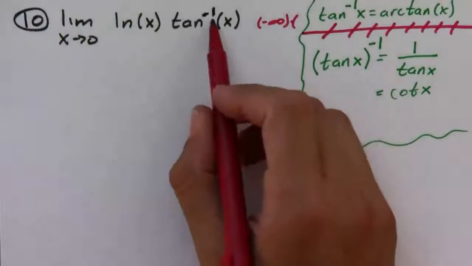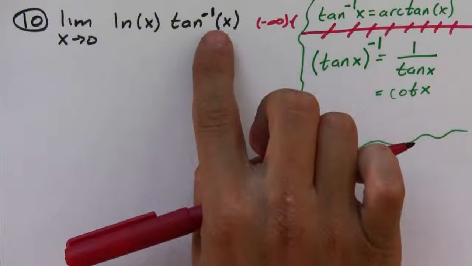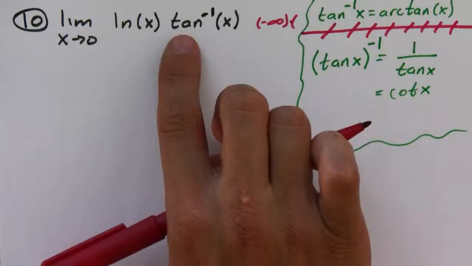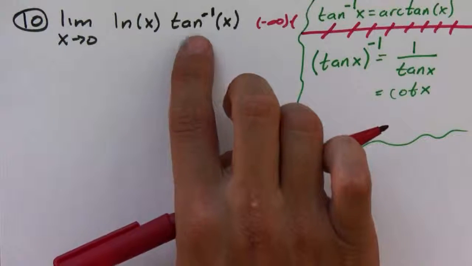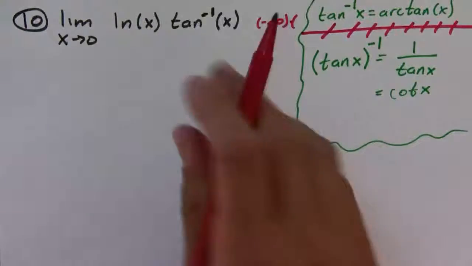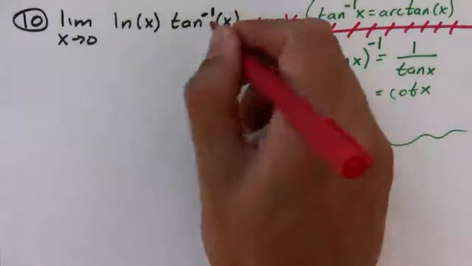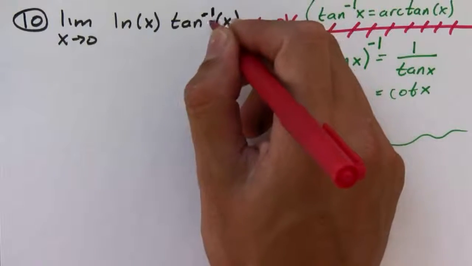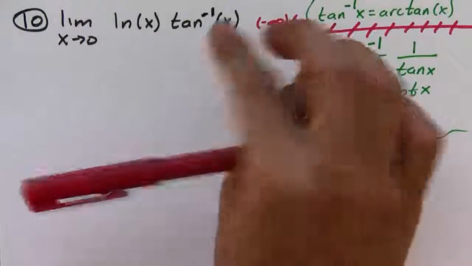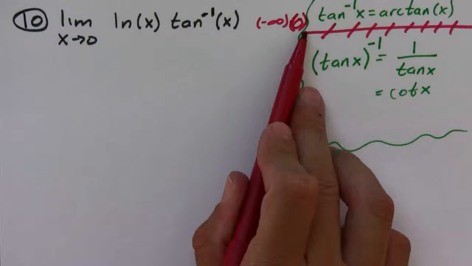This one, the arctangent, or inverse tangent, if you forgot what it means, I discussed it in problem 7, so go back to that one and look at the little explanation I had at the very beginning of inverse trig functions. But this says inverse tangent of 0, which means what angle is tangent 0 at? Well, that's 0. So this is negative infinity times 0,